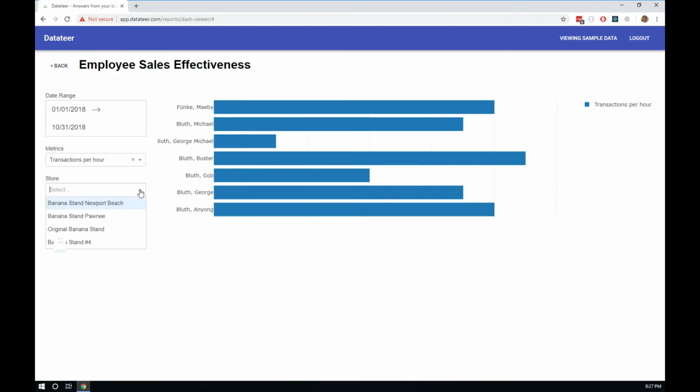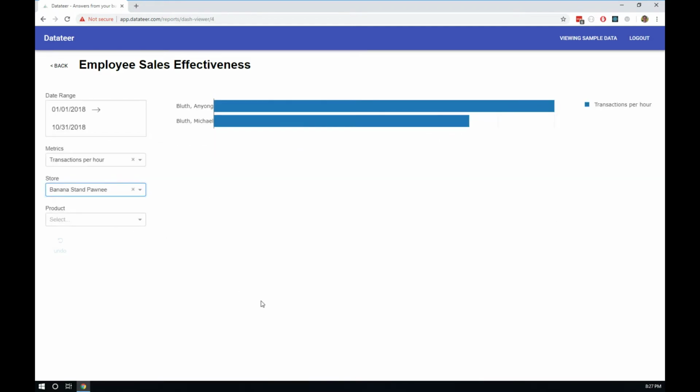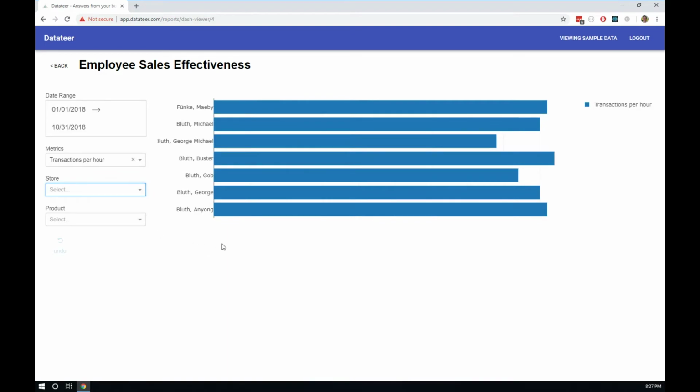You can zoom into a particular store if you wanted to see just that store, and you could do similarly by product. With this report, you can answer many questions about employee sales effectiveness, along with hundreds of other questions